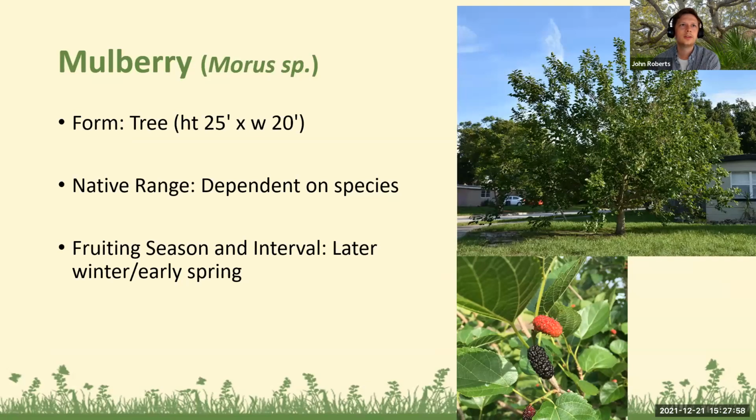All right. Mulberry. This is a pretty cool one. There are a lot of different mulberries out there. We're getting the smaller trees here now. You can even get dwarves of some of the other trees that we talked about, like mangoes. But we're getting into that next tier of things that are about 30 or 25 feet tall. So mulberry, there are native species out there, but it tends to be more like a complex. There's quite a few at our disposal,